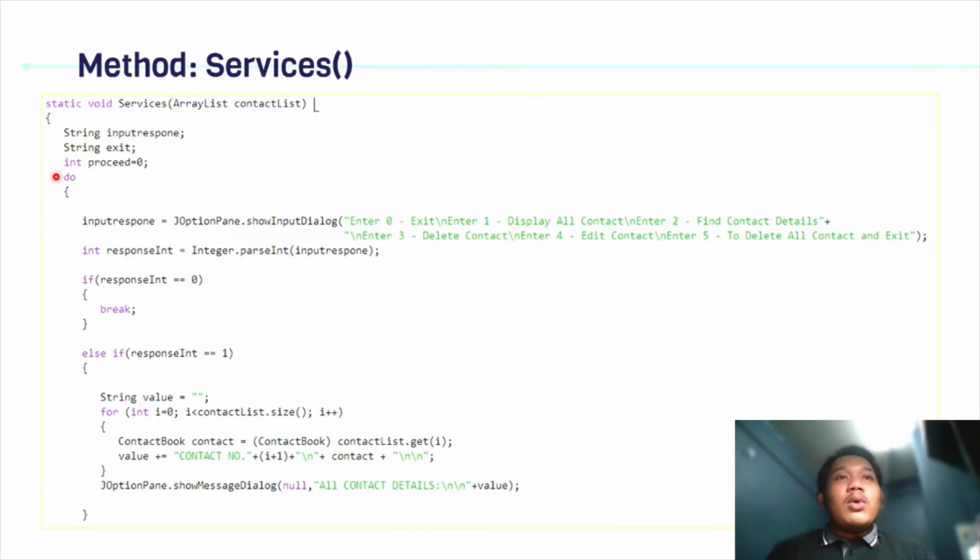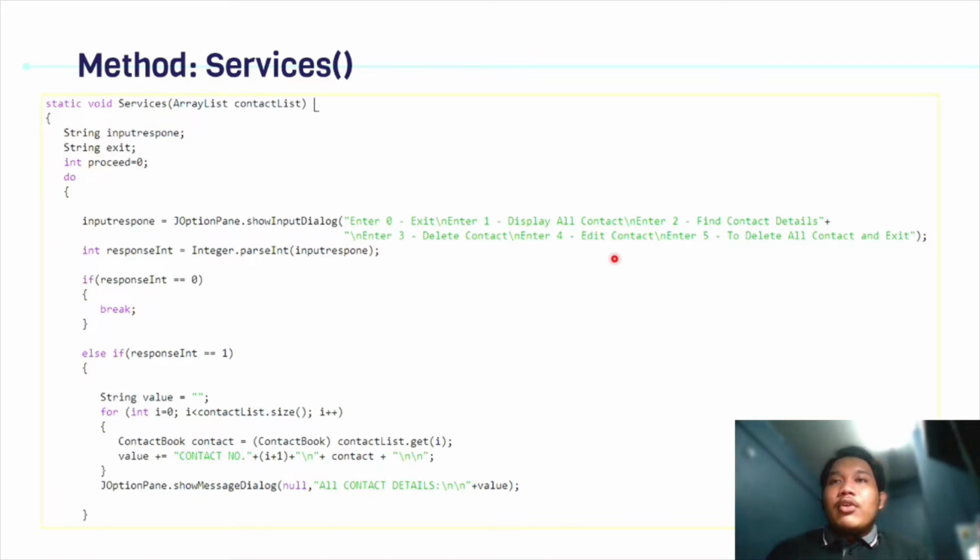So we use a do while loop, which will keep looping until proceed is not equal to 0 anymore. First we get the string value from the user, which is the input response. If the user enters 0, we exit. If 1, we display all the contacts. If 2, 3, and 4, we find, delete, or edit a certain contact with